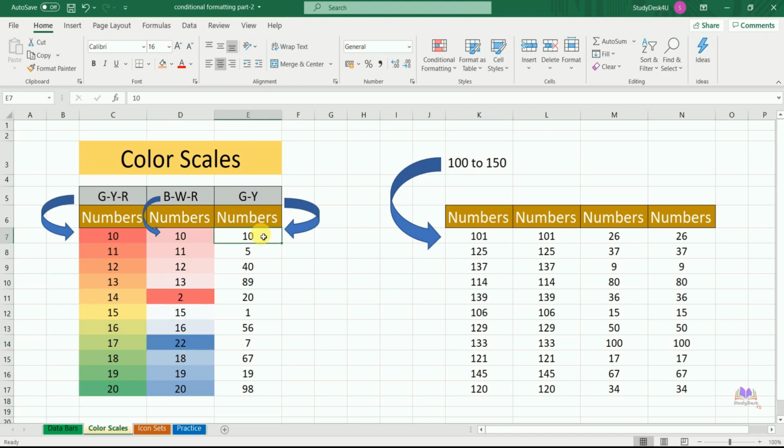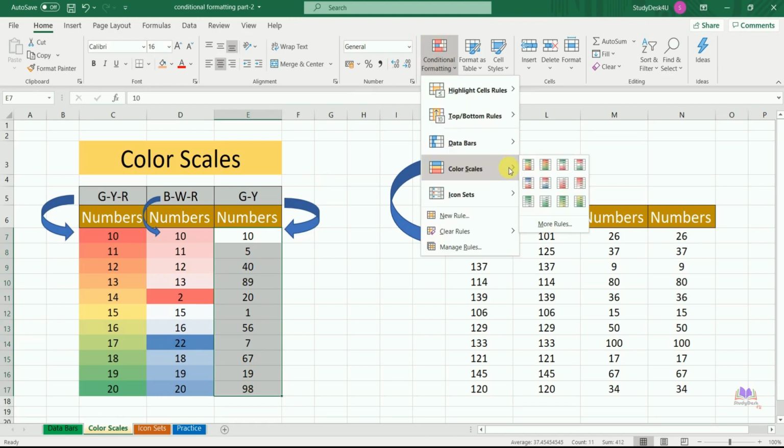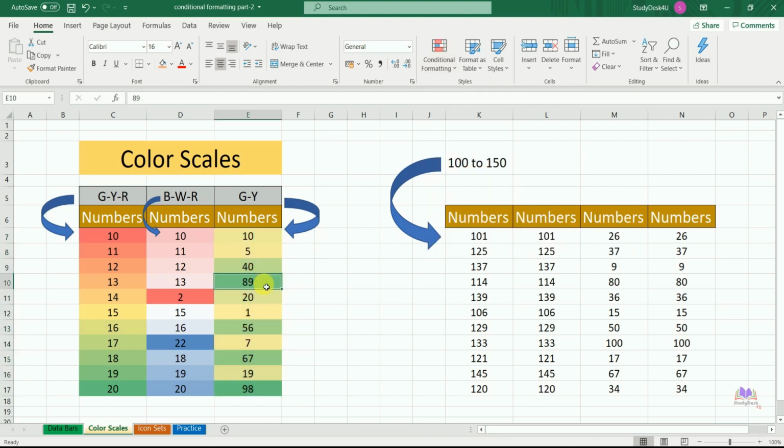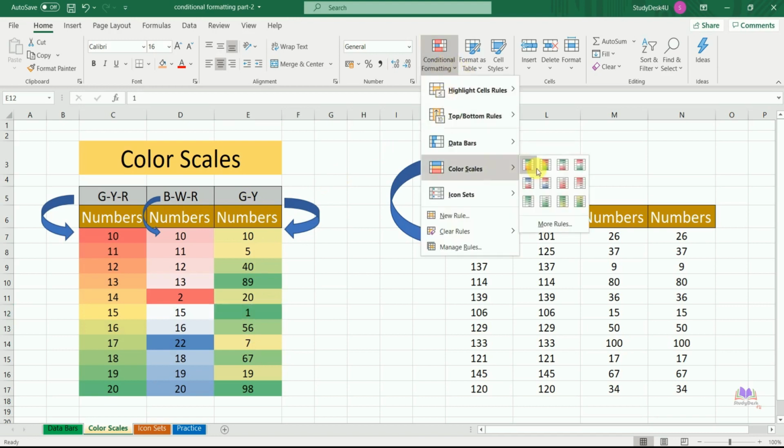So in the third column, I'm going to select these values. I'm going to apply one more, that is two shaded. For this, I'm going to apply some green and yellow. So if you observe, for larger numbers, it is green, and the lowest numbers, it is yellow. So this is two shaded. And if you observe, the nearest values, all largest values like 89, 98, all are having green. The nearest to lowest values, those are 1, 7, 5, 10, all are in yellow color. So we can select based on these color scale different shades.